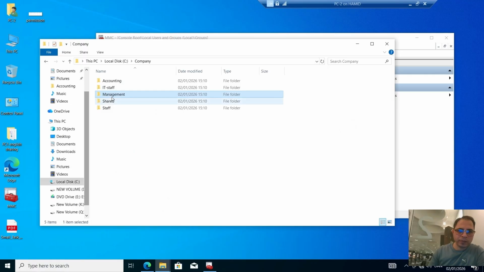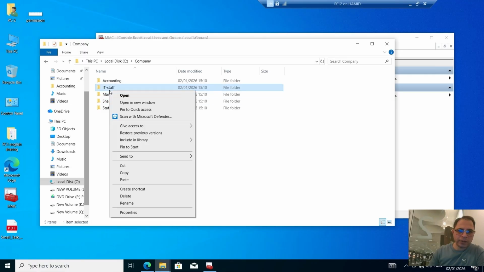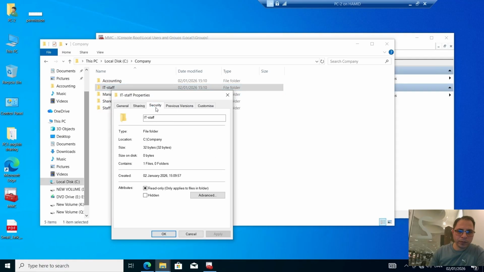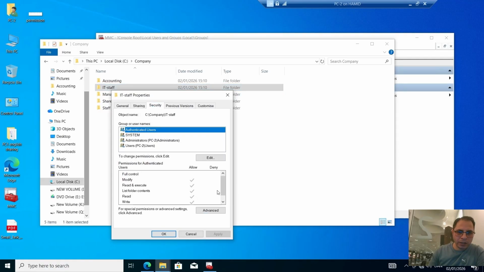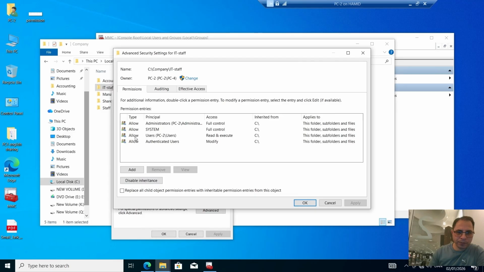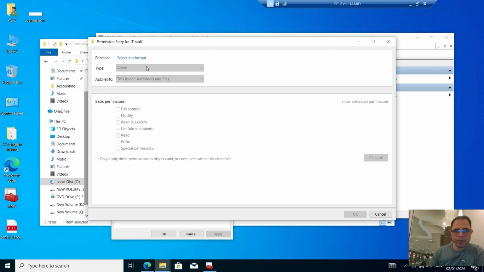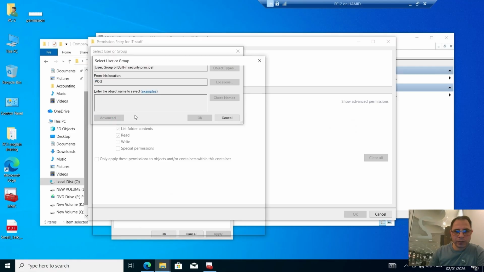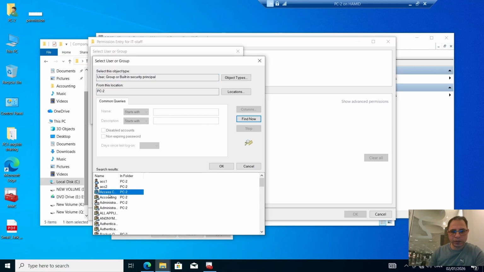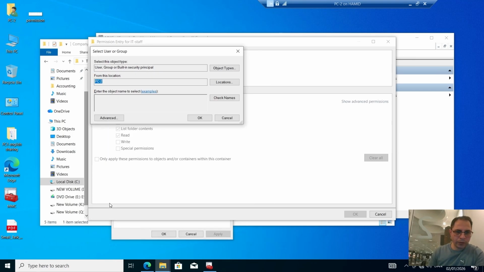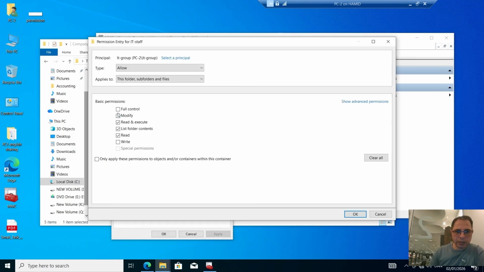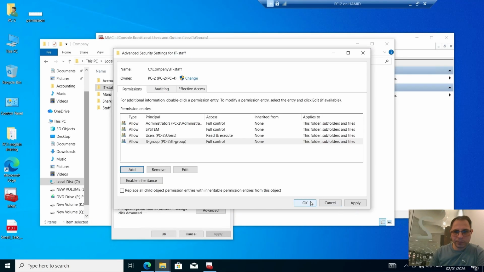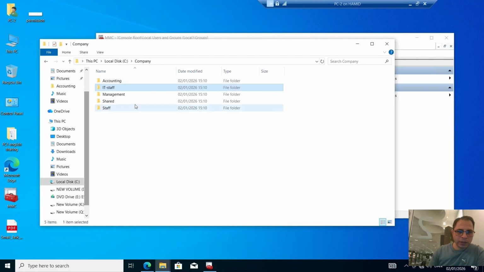Enter. And then we go to the IT stuff, security, then advanced, remove, add, advanced, find, just say IT, groups, okay, and full control. And then we have